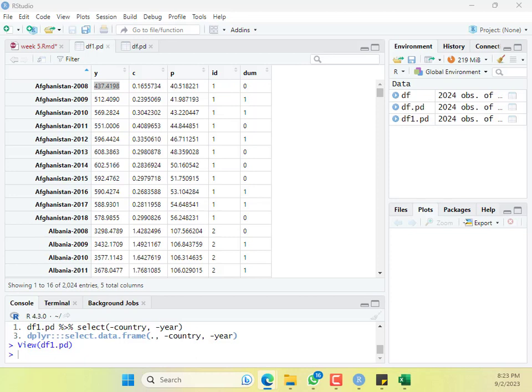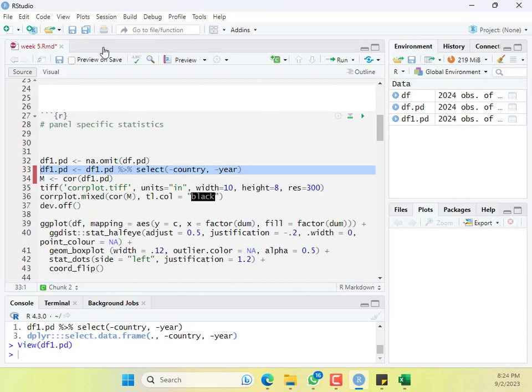The advanced estimation models are not sensitive to unbalanced panel data, but there are some tests that require balanced panel data. So I showed you, first of all, you have to remove the missing values. If you remove the missing values, it doesn't mean that the data will become balanced. It will only mean that there are no rows that have empty values. So if you need to make sure that it is strictly balanced, you have to prepare it properly in the Excel file, have a look, get the data in a way that it has no missing columns. Now if the data does not have any qualitative columns,